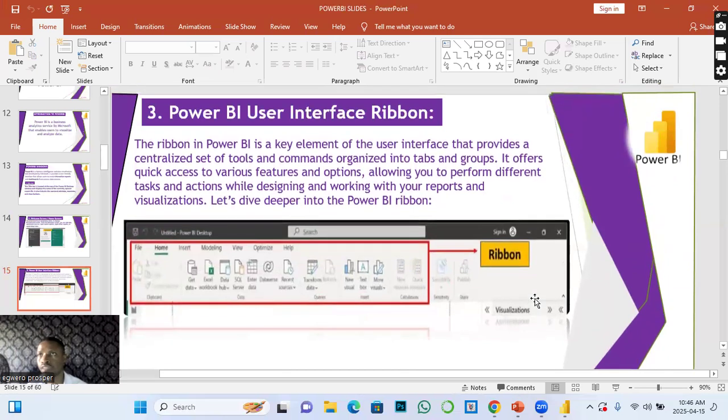Is it better this way? Just increase this one. All right. Now,